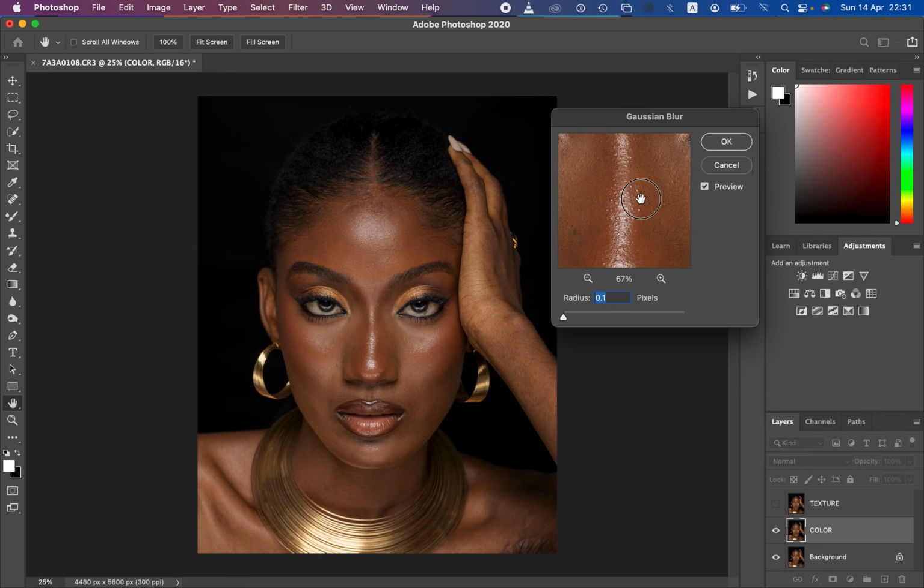So this area seems to have more skin details. The reason for choosing this area is because we want to blur out these textures from the skin so that we can only remain with the colors. So the reason for choosing the prominent or the most evident skin textures is because when we start losing out on these textures, it means even the smallest textures in the skin are also going to be lost out of